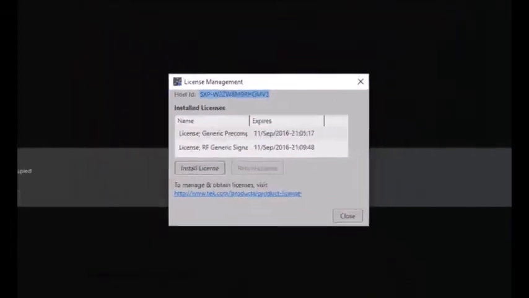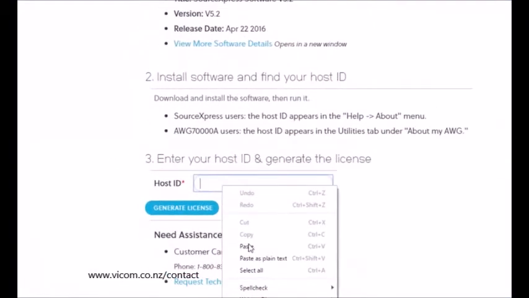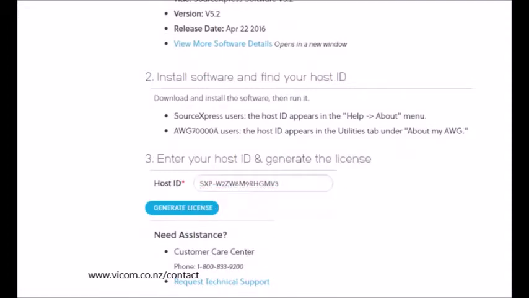and then on the web page just paste that in, and then you can generate your licenses. And this is the free trial license. They'll give you 30 days. So once you've generated the licenses, and you'll have to do this for each plugin, then you go to your